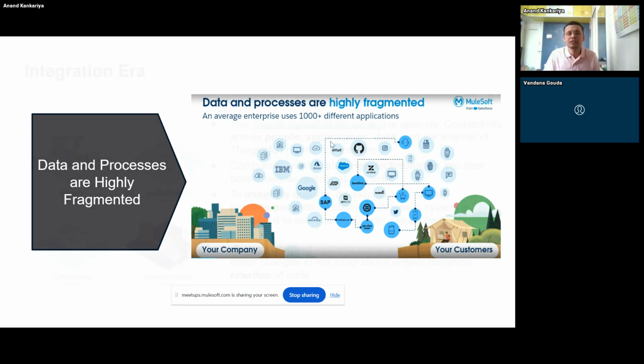And this is one of the slides I picked from Trailhead, which, when we say it's an integration era, then